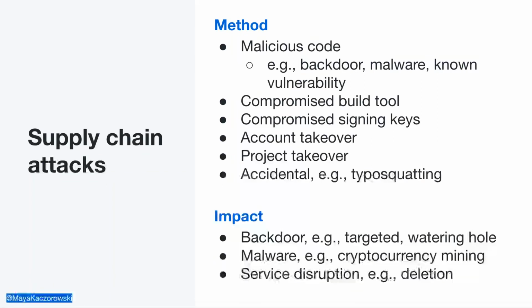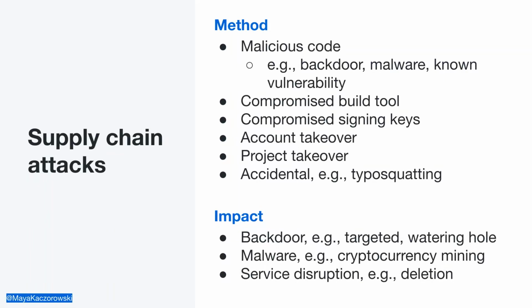And what's terrifying about a software supply chain attack is that almost anyone can conduct such an attack. So rather than focusing on the who, we're going to focus on the how, what happens to infiltrate your supply chain, and what the attack is attempting to get at. So there are a couple different methods to attack your supply chain. The first, inserting malicious code into a dependency. This could be a purposeful backdoor, known malware, or a known vulnerability, or even just introducing another dependency, which in and of itself might have a vulnerability or might have another issue.